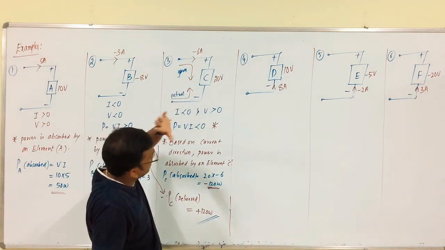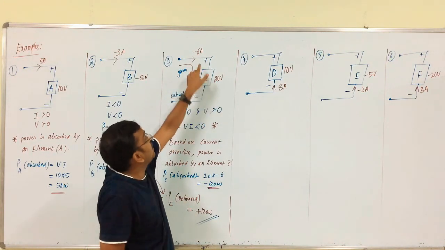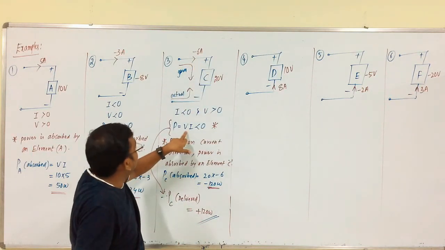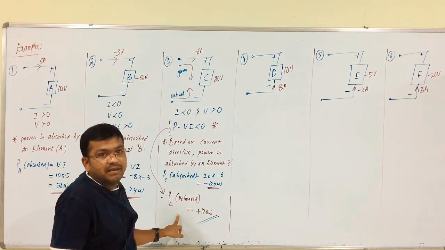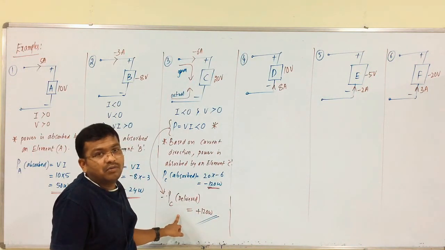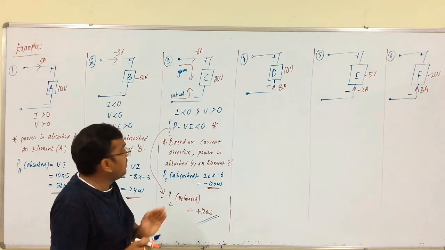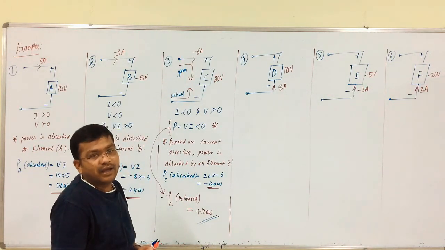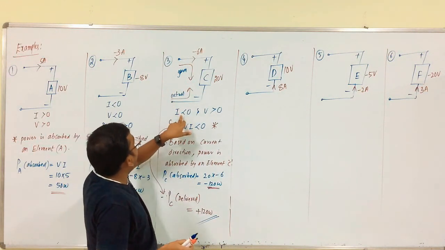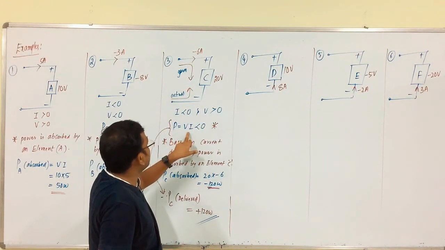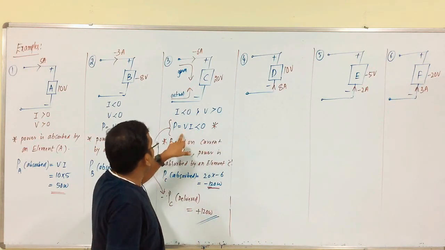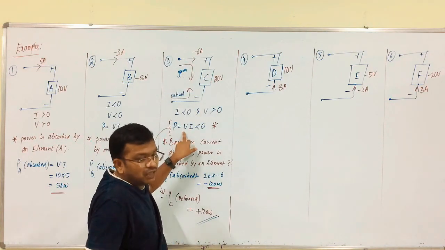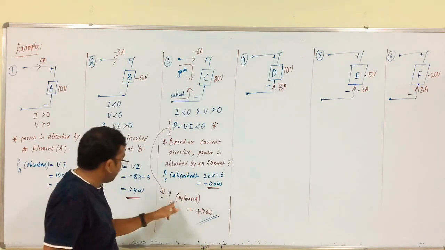So, first you have to proceed with the problem with respect to the convention of the current direction. Later, based upon this, you have to write the statement, whether it is delivered or absorbed. If you have any doubt, please go through this problem once again, then you will have a better idea. Okay. See, from this I is less than 0, V is more than 0, P equals V I, less than 0. Sir, you said when the current is entering the positive terminal of an element, based upon this assumption, the power is delivered, right?